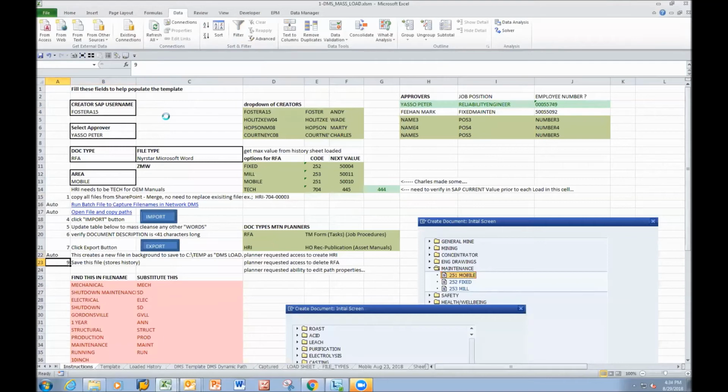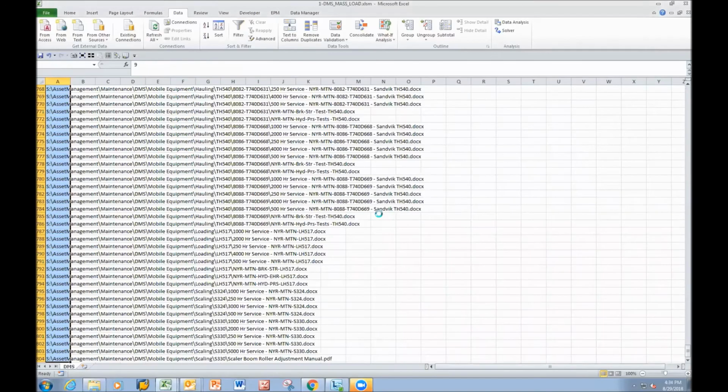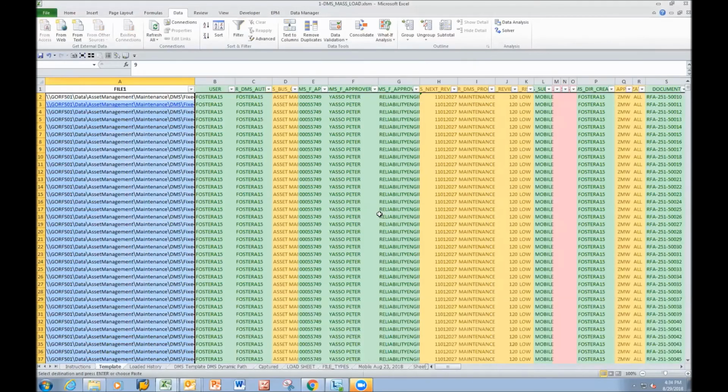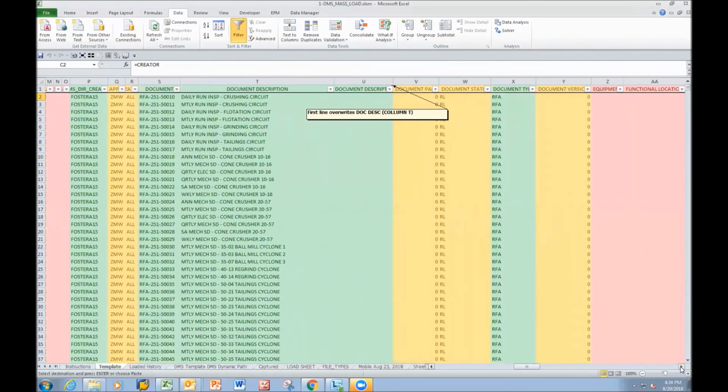Okay, so now I'm just going to give a quick demo of how, after you put the files in SharePoint, you can do it all in 2 clicks. You click the first button, and basically that has just run the batch file. So you hit, yeah, okay. And then it transfers the data files over. And then you just have to verify that everything is okay, that you're happy with the document name. If not, you can